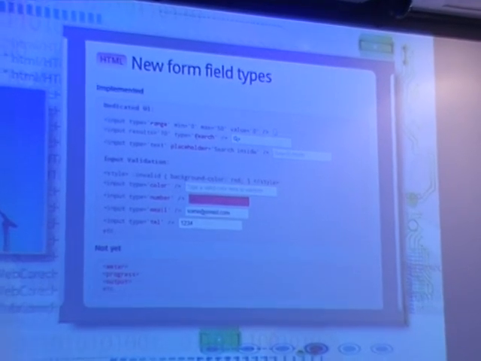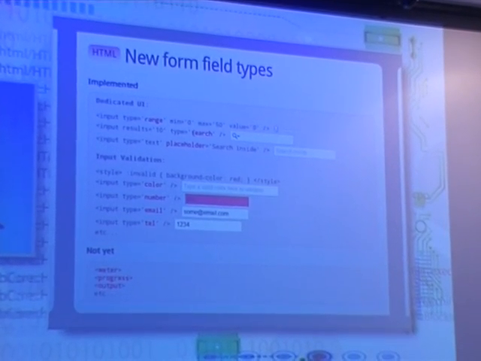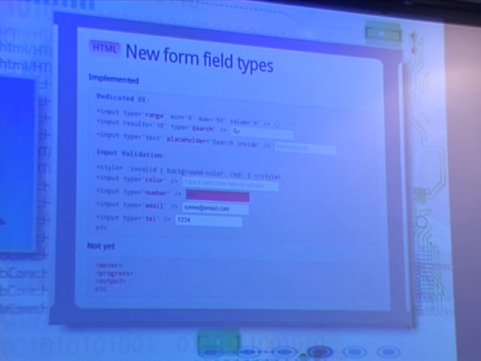We've added new form types. So how many of you have ever done validation on things like a phone number or an email address? It's a real pain in the butt. So we're adding in new form types that do not only things like validation, but also have